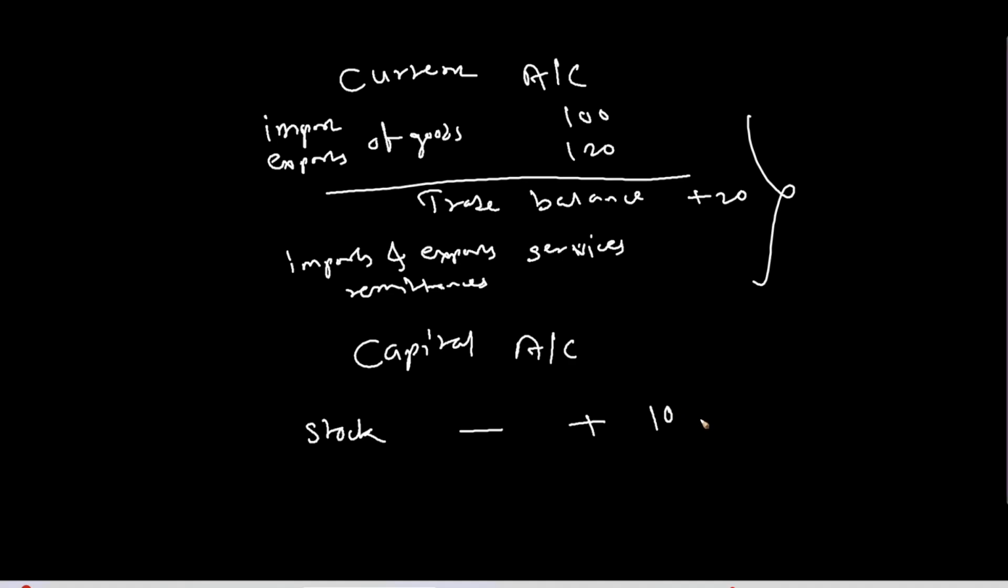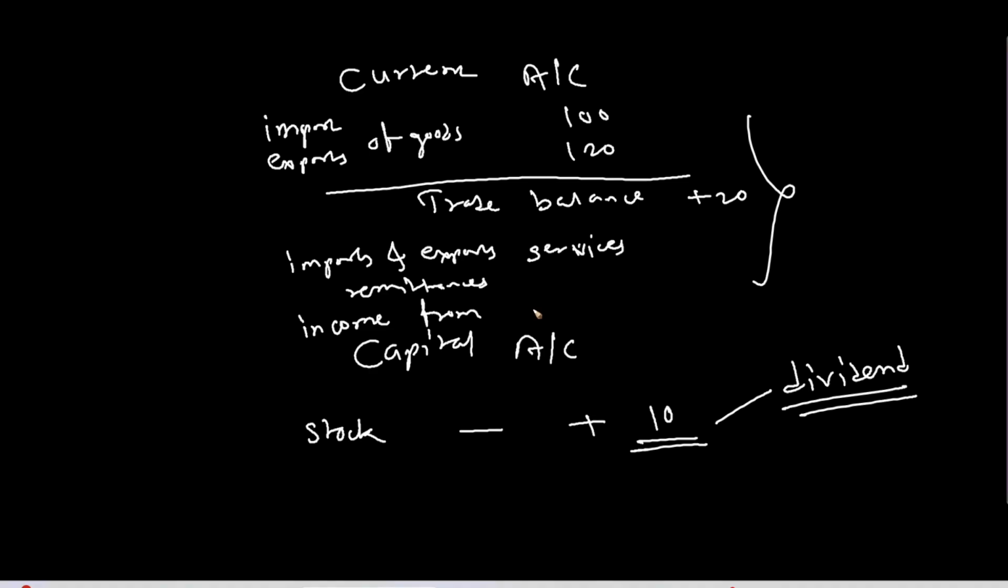What do I mean by future implications? Here, this transaction doesn't end here. This stock will give us income in future, like dividend. The stockholder gets the dividend. That dividend is recorded as income from a foreign country, but this income is recorded in current account. Okay, so income